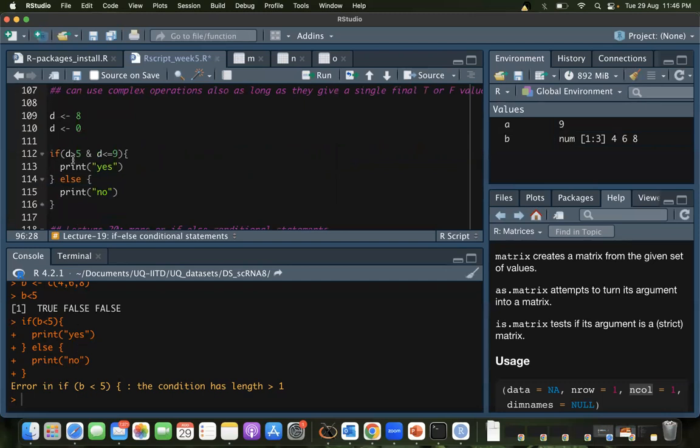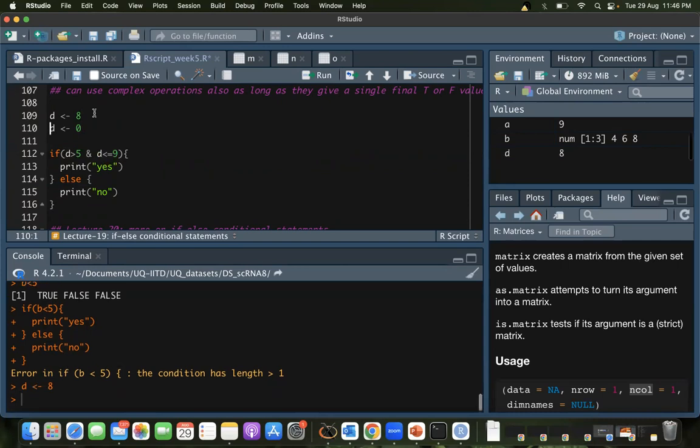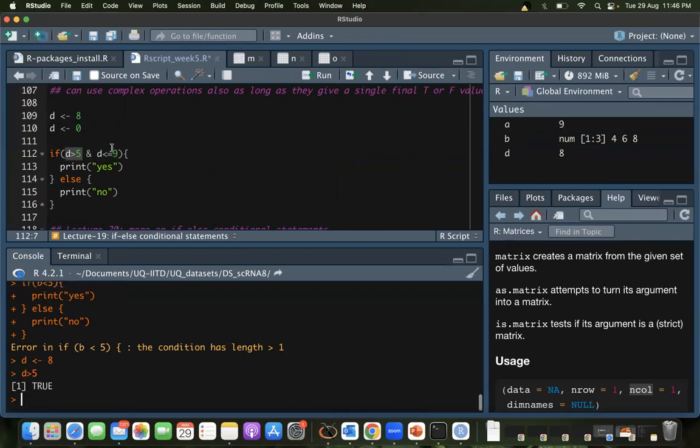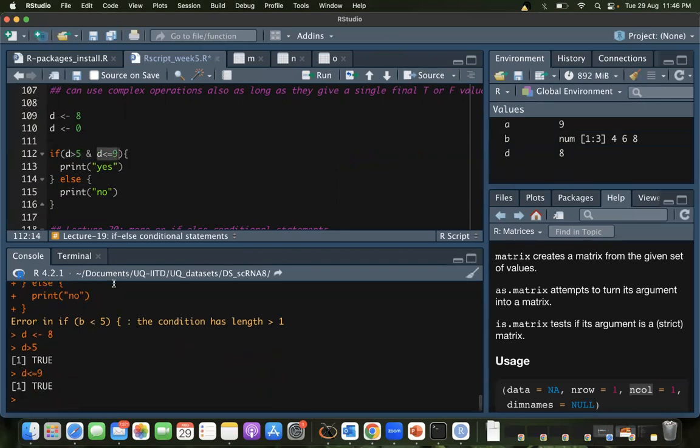But what we can do is give it multiple conditions with single elements. So let's try this. If I say D is 8, I have two evaluations here: D greater than 5 and D less than or equal to 9. Now, if I combine these two evaluations with an AND, what is this going to give me?